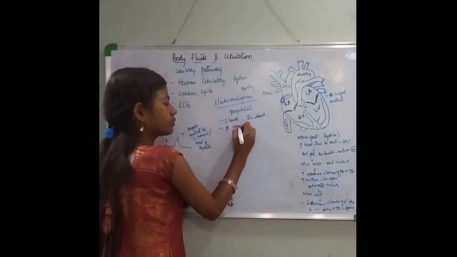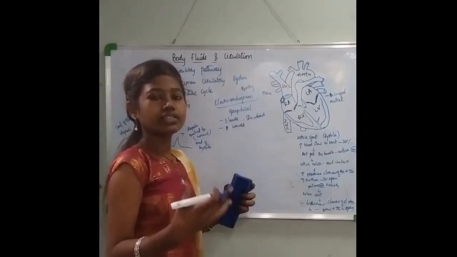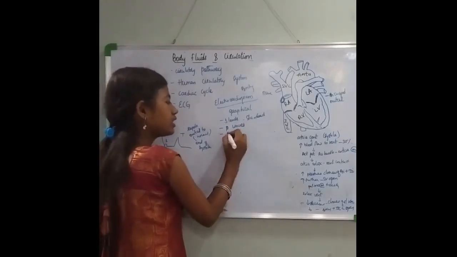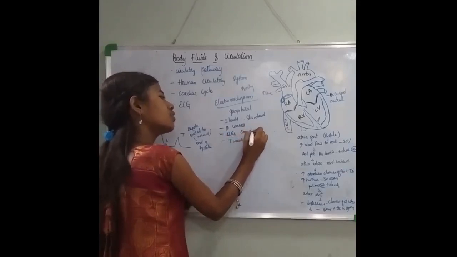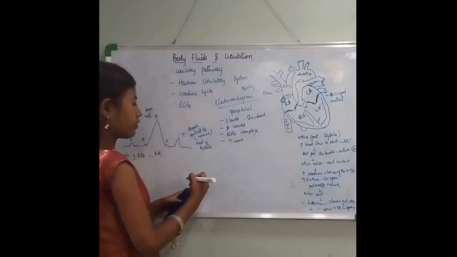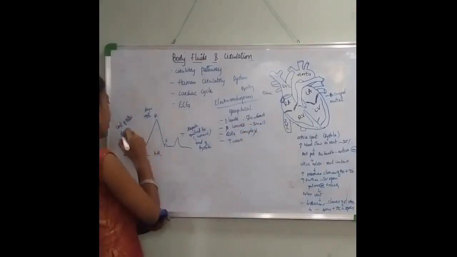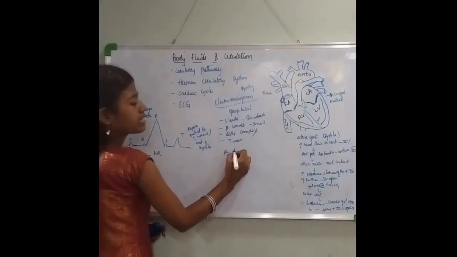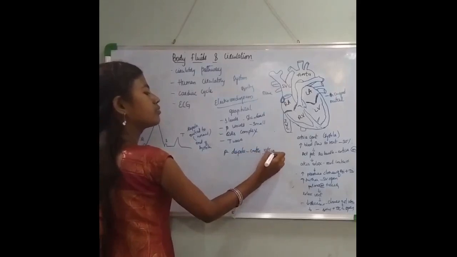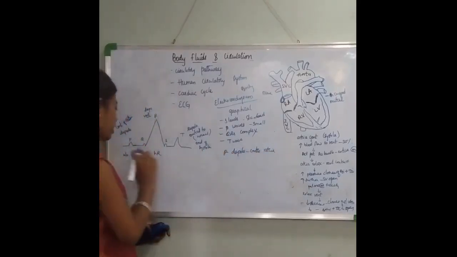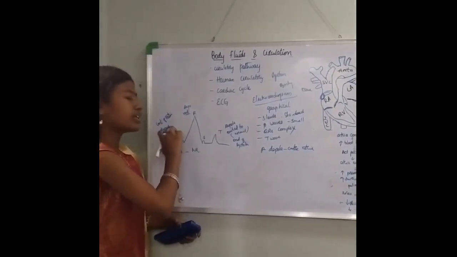Now the ECG consists of specific letter waves, and each letter wave represents a specific activity of the heart. It has a P wave, a QRS wave, and a T wave. The QRS wave is a complex wave. Coming to the P wave, it is a small wave. It represents depolarization, that is, the contraction of the atria. So in the P wave, you can see the contraction of the atria is represented. It is also referred to as depolarization.